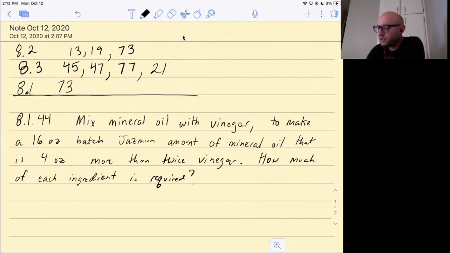Oh, this was 8.1 number 73, which said to solve 44 graphically. That's why we're doing 44. We don't actually have to solve it graphically, let's just draw a picture to do that. But I do want to see everyone set it up carefully. Nice, I got one good equation so far. All right, one student answered. I'd like to get a few more people to tell me their setup.